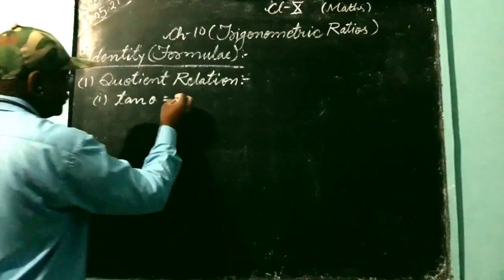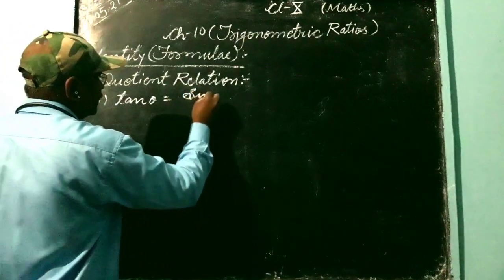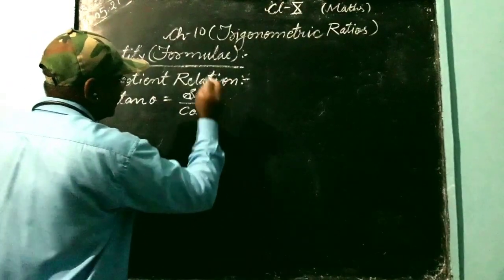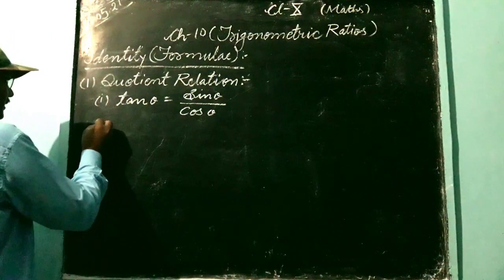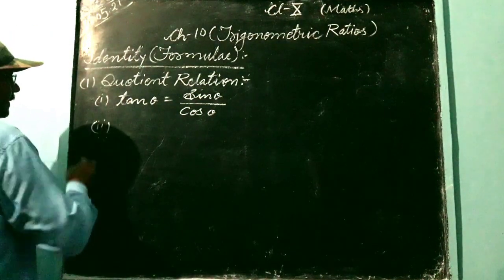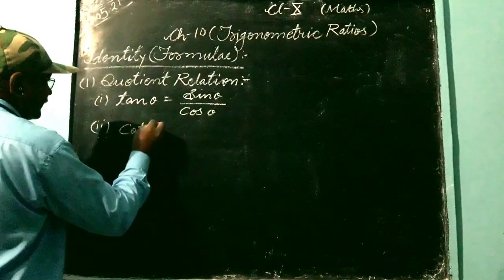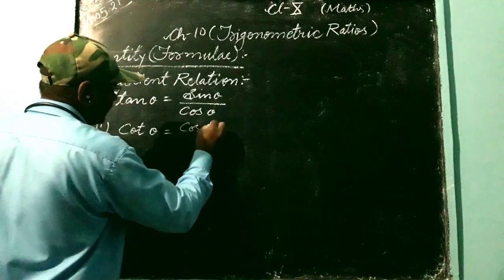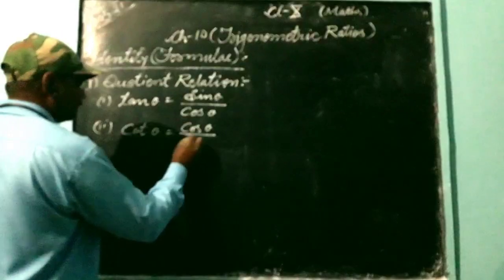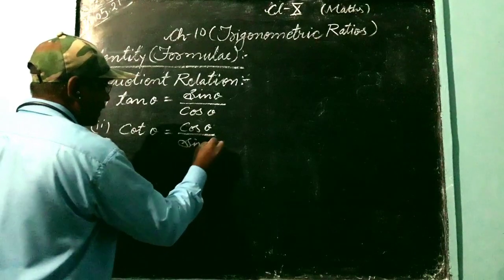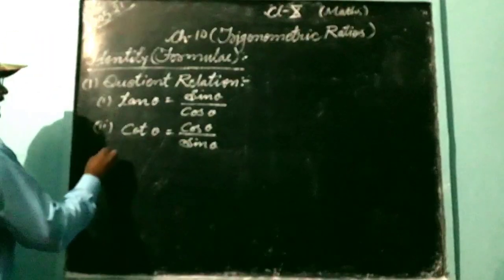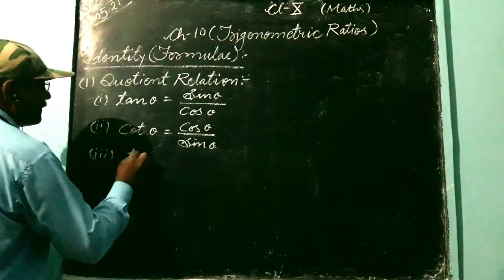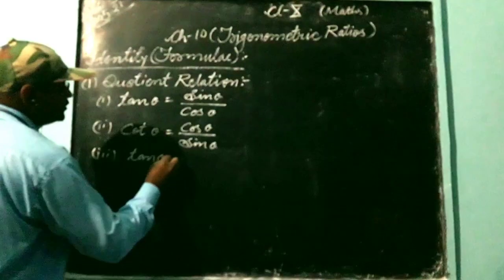tan theta is equal to sin theta upon cos theta. Second, cot theta is equal to cos theta upon sin theta. And the third part given is tan theta into cot theta